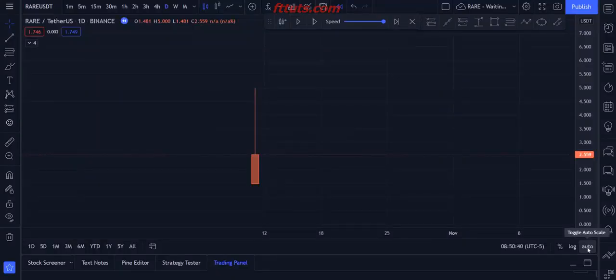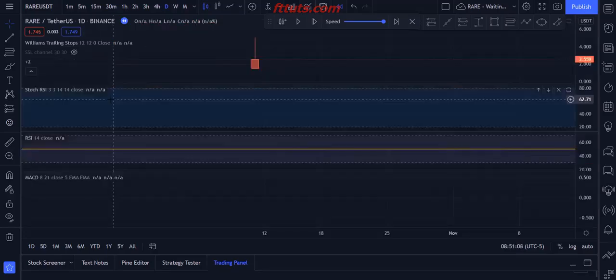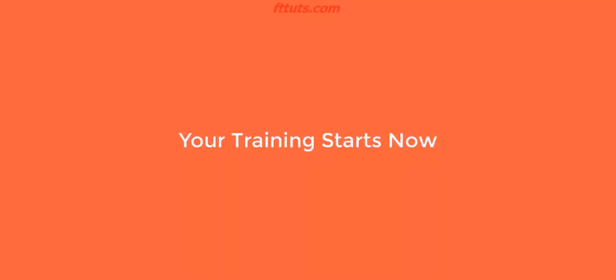Now, the indicators and oscillators we're going to be using in this training are the Williams trailing stops and the EMAs. For your EMAs, you want your 5 EMA, 20 EMA, 50 EMA, 100 EMA, and 200 EMA. You can set the color of your lines how you want, that's up to you, but you need to have these EMAs. As for the oscillators, you need your stock RSI, your RSI, and your MACD. So now that we know which indicators and oscillators we're going to be using during this training, we can now